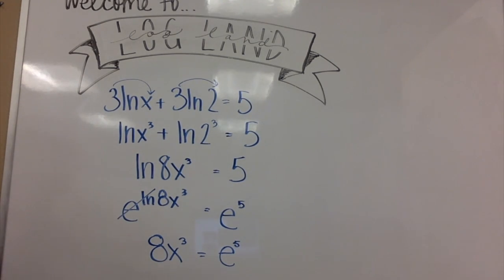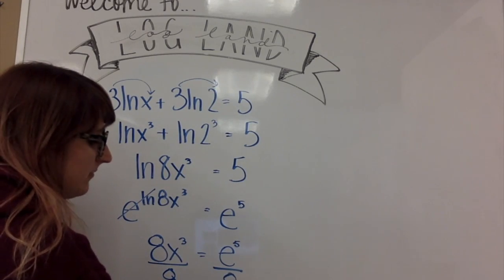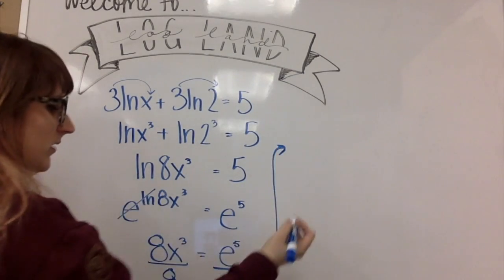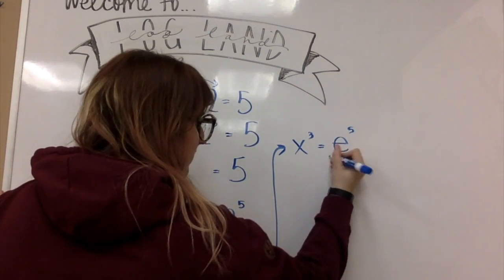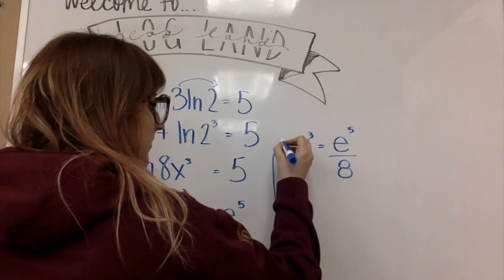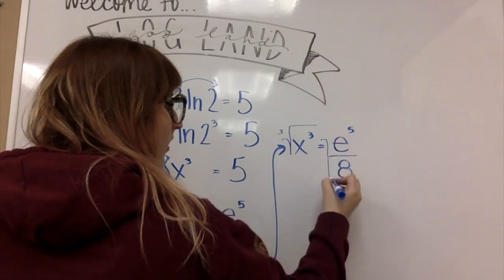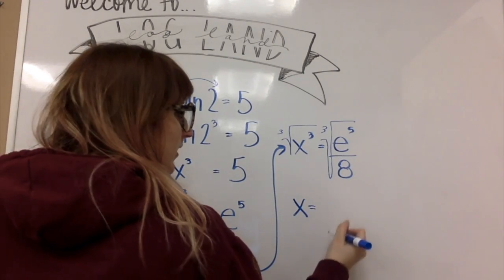Now, e, remember, is a number. It's like 2 point something. So we're going to solve knowing that. What I'm going to do is I want to isolate my x, so I divide both sides by 8. Let's bring this over here. So I have x cubed equals e to the 5th divided by 8. I'm going to take the cubed root of both sides because I want to get rid of this. So then I'm going to have x equals,